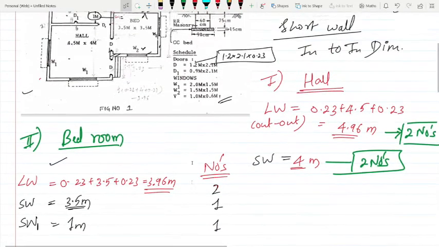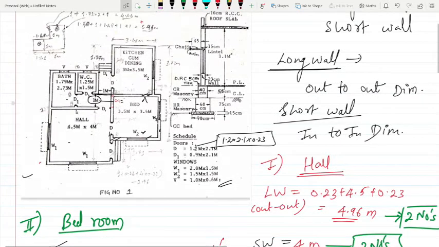Just see the diagram again. Up till here it is the same, so both will become a rectangle like this. If it is 1 meter here, here also it will be 1 meter.